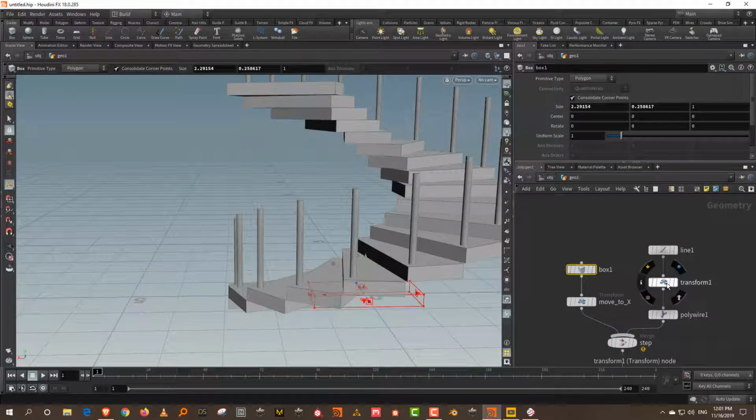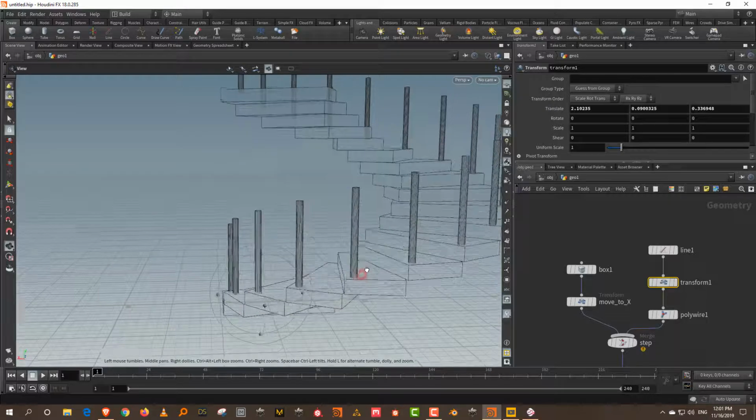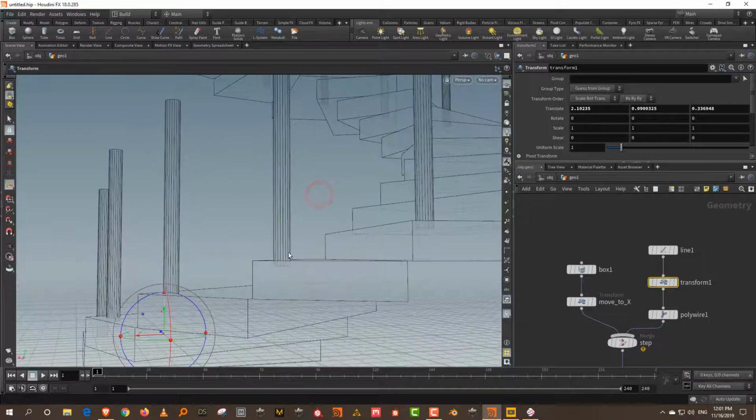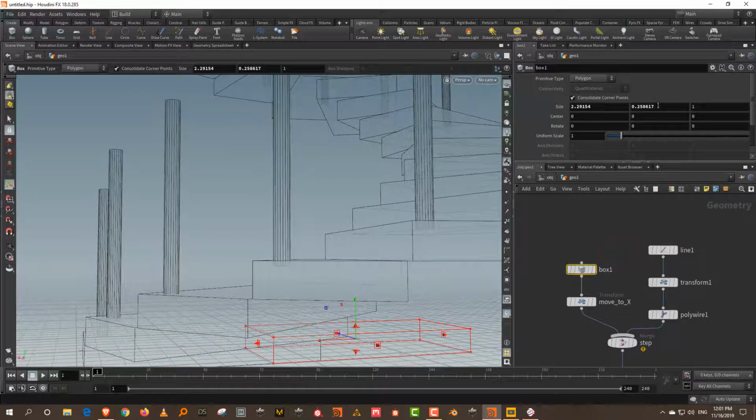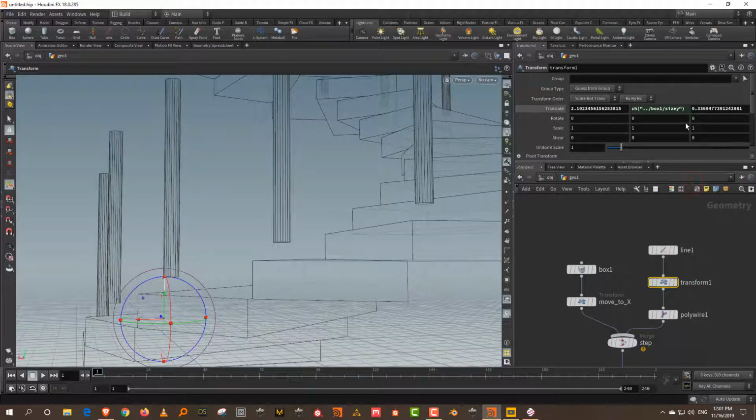We can also do the same thing for the transform here. Like right now, I believe the line might be slightly intersecting in there. So we can do the same thing. So I can just take this guy, which is kind of moving up. Okay, and I can just take this and I can do right click, copy parameter, come into transform and do paste relative reference. But you'll have to divide it by 2 because the box is sort of halfway through. So we'll do divided by 2 and see.